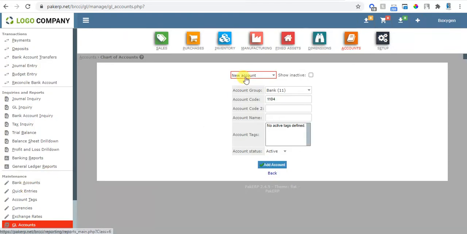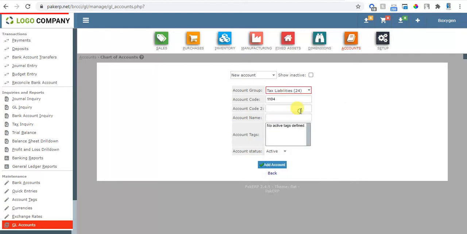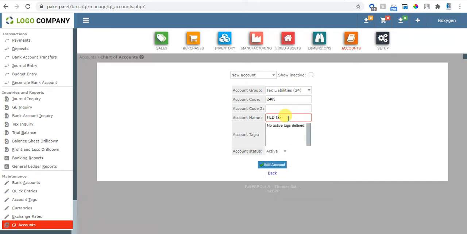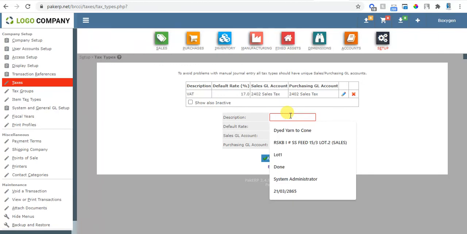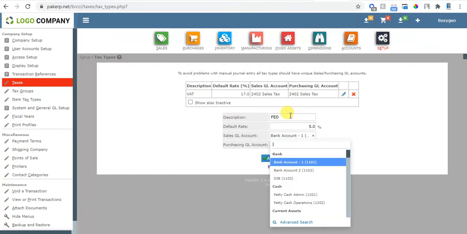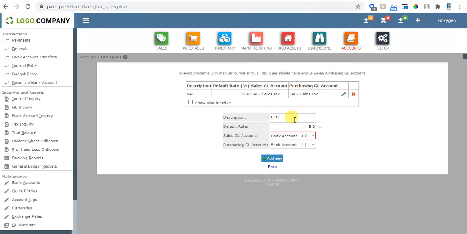In GL accounts, tax liabilities, we are defining FED tax, for example, and we have added this. Now we'll come back here, description, FED 5% from here. I need to refresh the page. FED 5%.